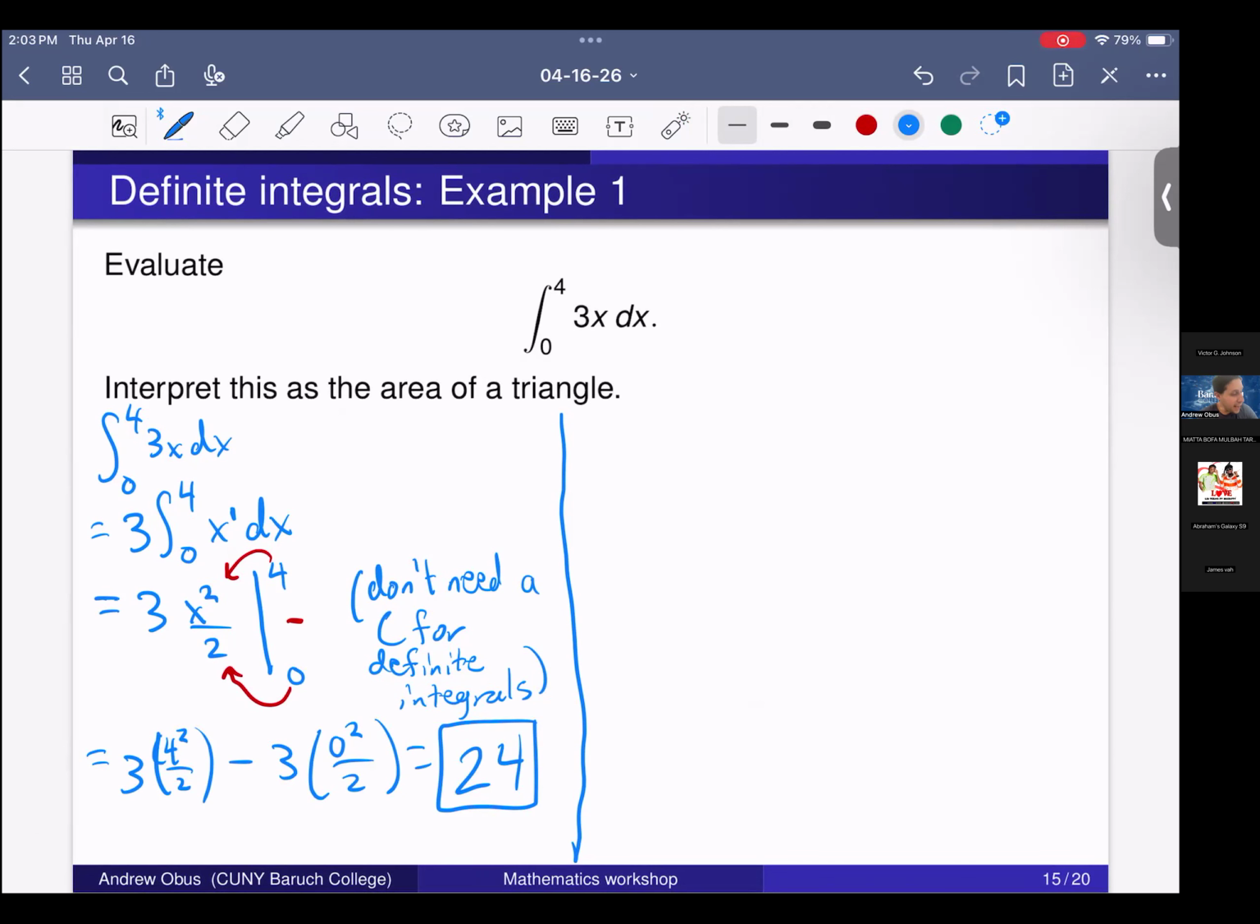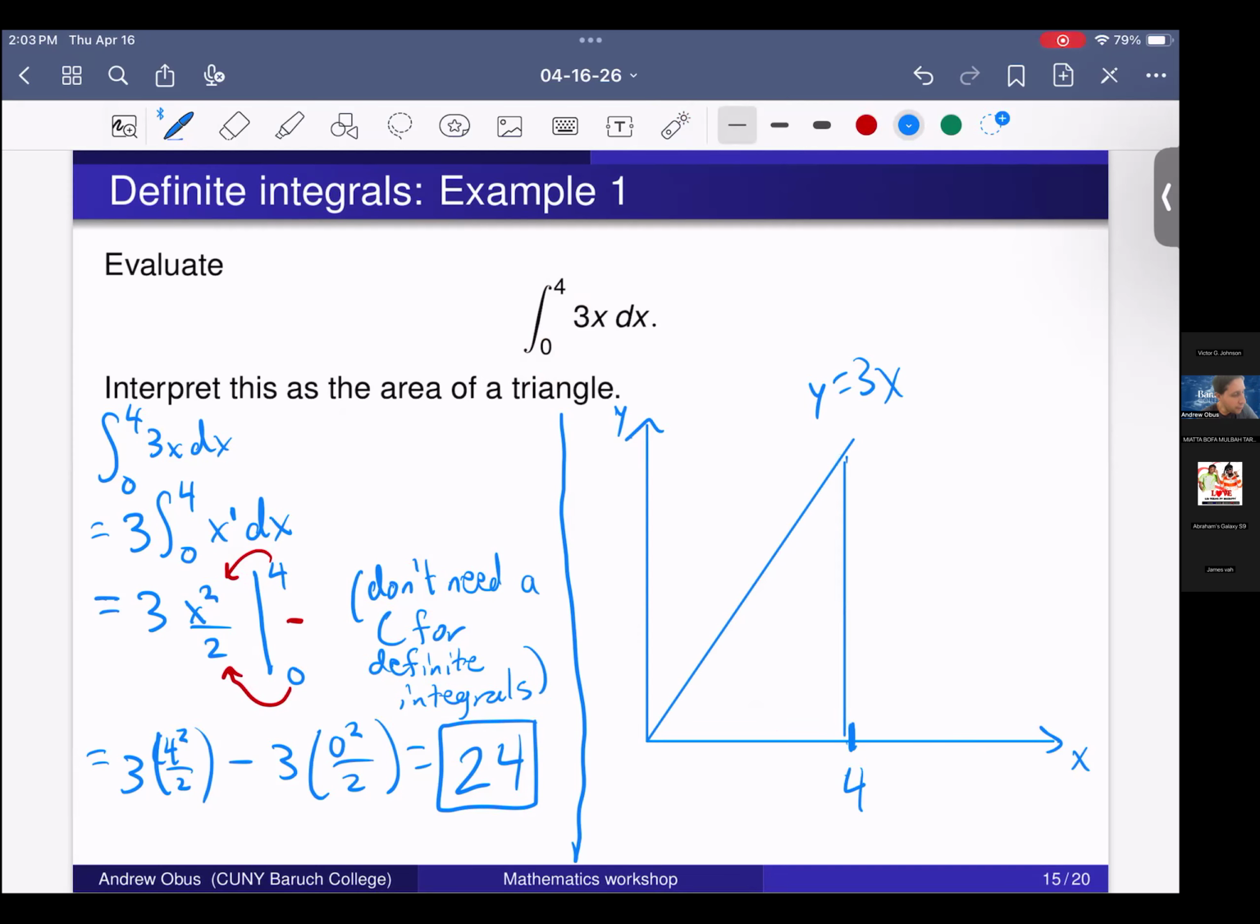Okay, so now I want to interpret this as the area of a triangle. So let me draw this graph. Let me draw the graph y equals 3x. This is my x-axis, this is my y-axis. If I'm going to integrate this from 0 to 4, what that means is between 0 and 4, I want to figure out this area. The integral from 0 to 4 of 3x dx is exactly the area under the graph between x equals 0 and x equals 4. And we know we can calculate this by doing antiderivatives. But in this case, this is just a